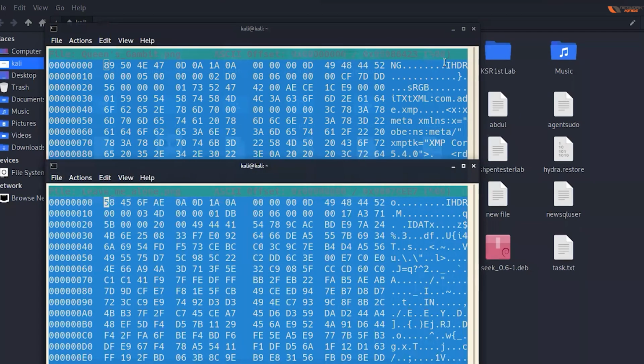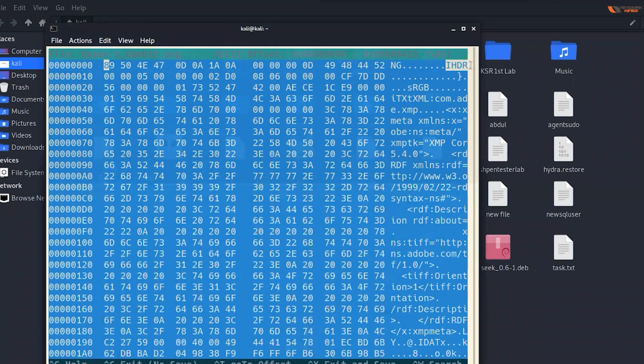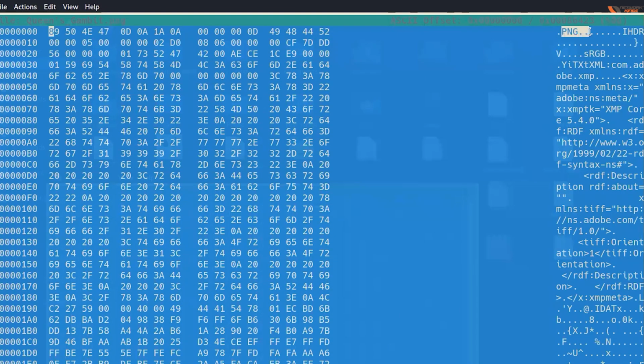that here you are getting IHDR, but you are not able to see PNG. What do we have here? If I open it up completely, you will see the format here. Are you guys able to see the format? So this is the image and its metadata.